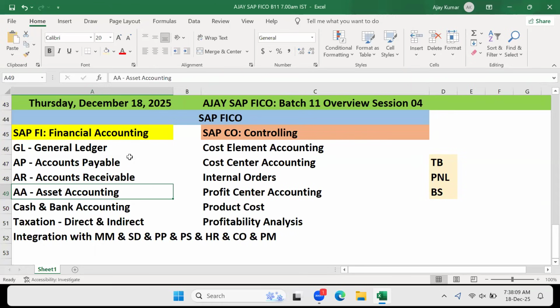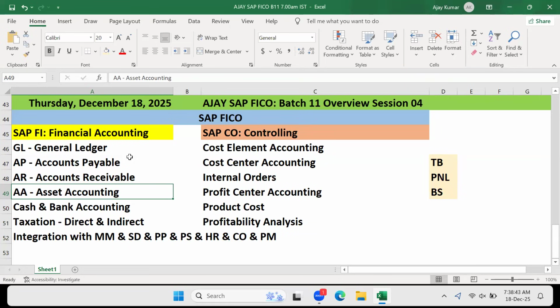Because you will be managing a cash account and a bank account separately, but these two belong to GL only. Similarly, when you talk about taxation, these two again belong to GL only. We just segregate it because it is a separate functionality. You are supposed to calculate balances, report separately, and reconcile it for different reporting requirements. As a result, cash accounting, bank accounting, and taxation are separately represented.